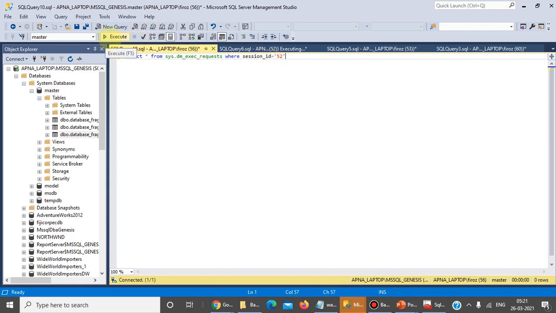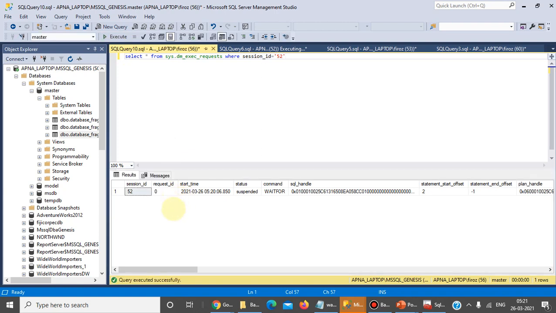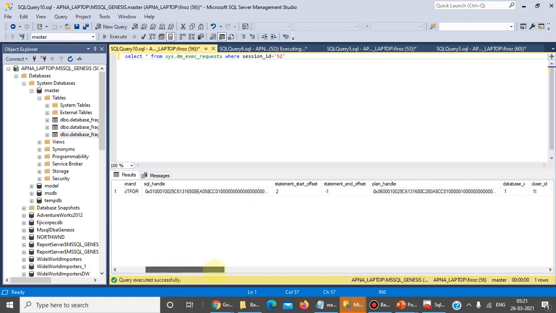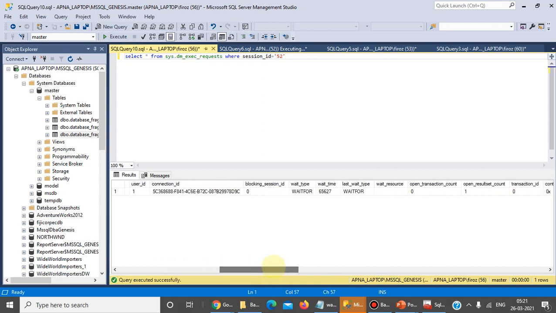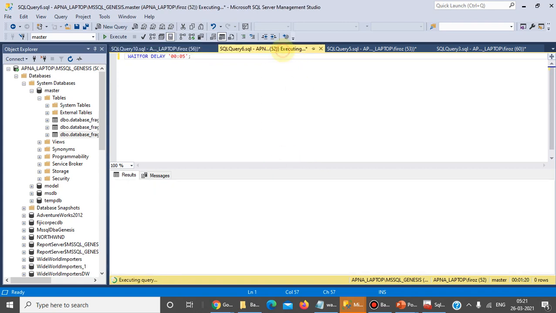It will provide the wait information of that query. You can see this information here. Command is WAITFOR, and there is a last wait type WAITFOR information, and current wait type also WAITFOR information. Basically, this command